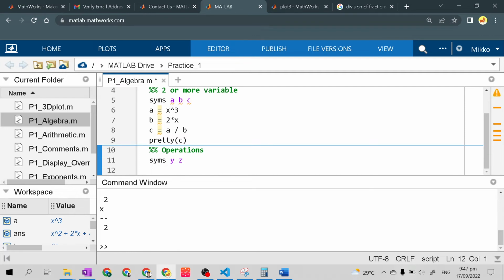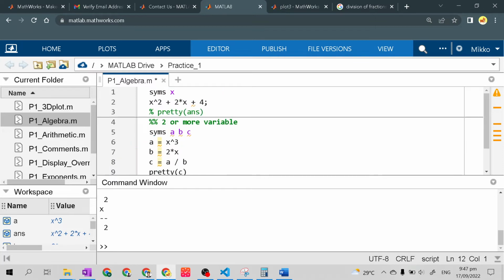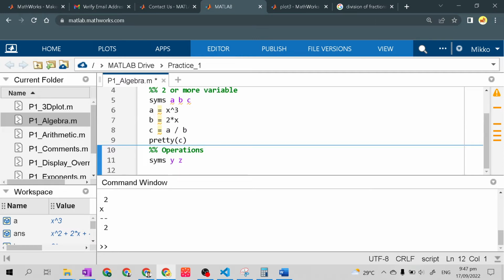So we have independent variables x and z. We have here x. Let's add another variable. Let's name it D. Okay, D is equal to